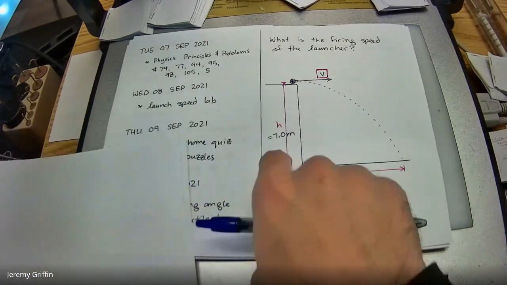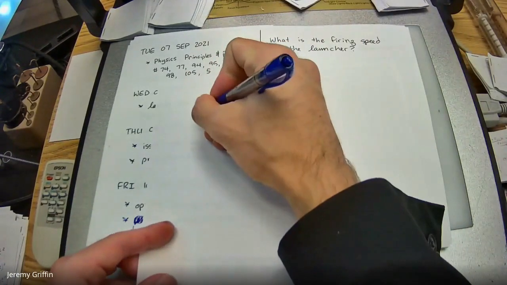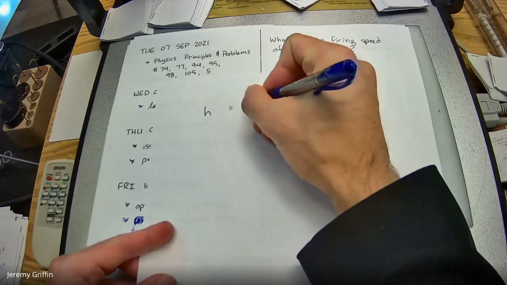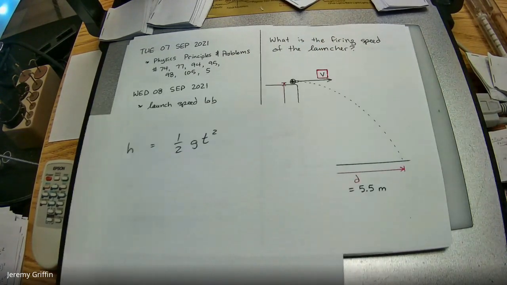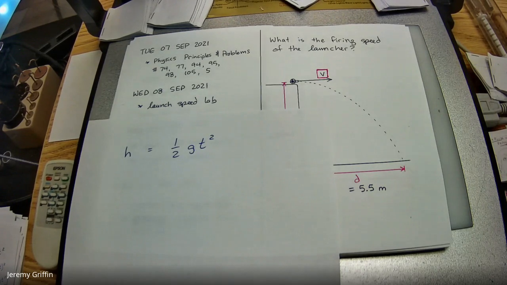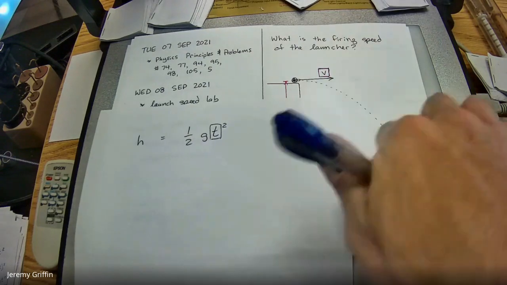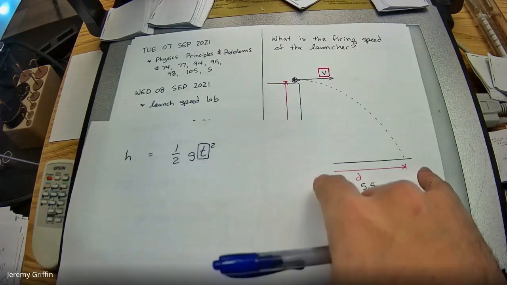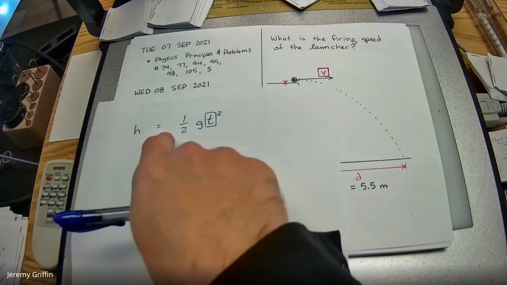Okay. So I'm going to start with this height, this 7-meter drop height. And wouldn't it be true that the height it falls is 1/2 gt squared? Right? Is that true? Okay. It's just like this poster that's hanging in front of me. You guys see it, this one right here, how far it falls, 1/2 gt squared. And we're solving for how much time, because remember, once we get that time, you just take this distance, divide by that, and it'll tell us what the launch speed is. So this is the first part.